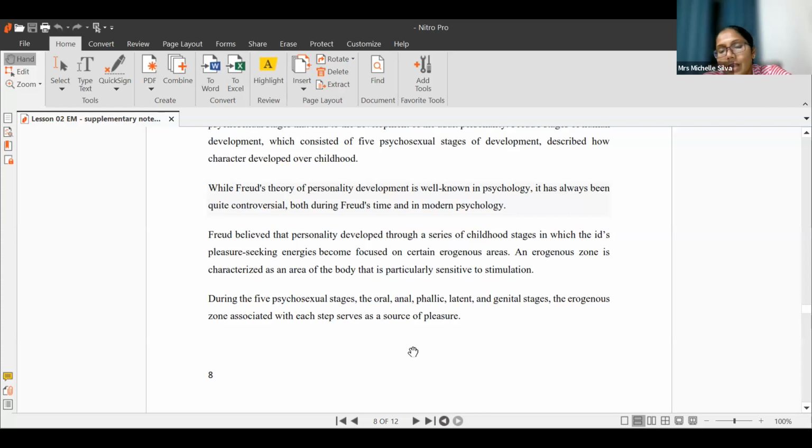So it is the area where a person considers a source of pleasure. Like, let's say when we talk about the oral stage, the mouth is the source of pleasure. When we talk about the anal stage, that area is a source of pleasure. So therefore, as an adult, we should provide the required facilities or support to get that pleasure, as much as the particular child can, because if we do not let them get the pleasure